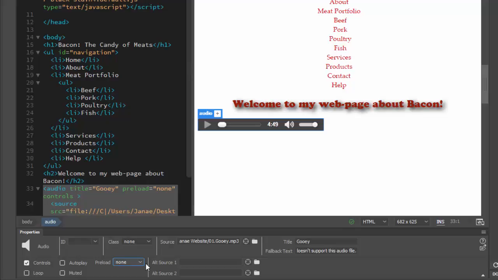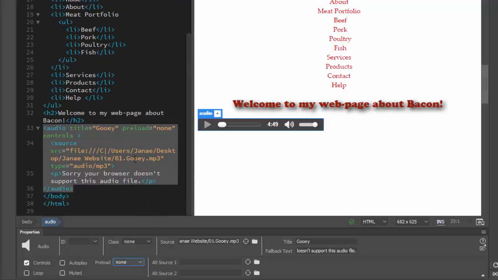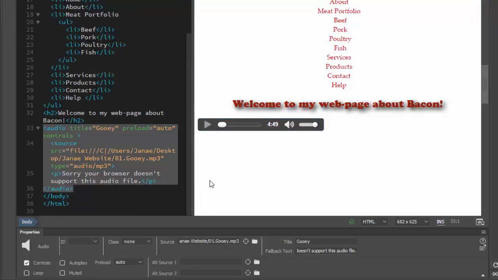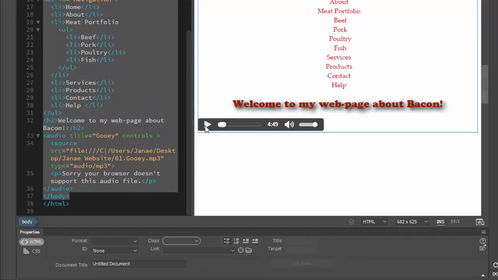This is the option to use if your audio file is particularly large, like over a minute long. Mine is close to 5 minutes long. Or if a visitor is unlikely to play the audio, you don't necessarily need to preload it. Dreamweaver displays the word none in that preload menu, but it doesn't actually write preload none in your HTML. If I hit undo,